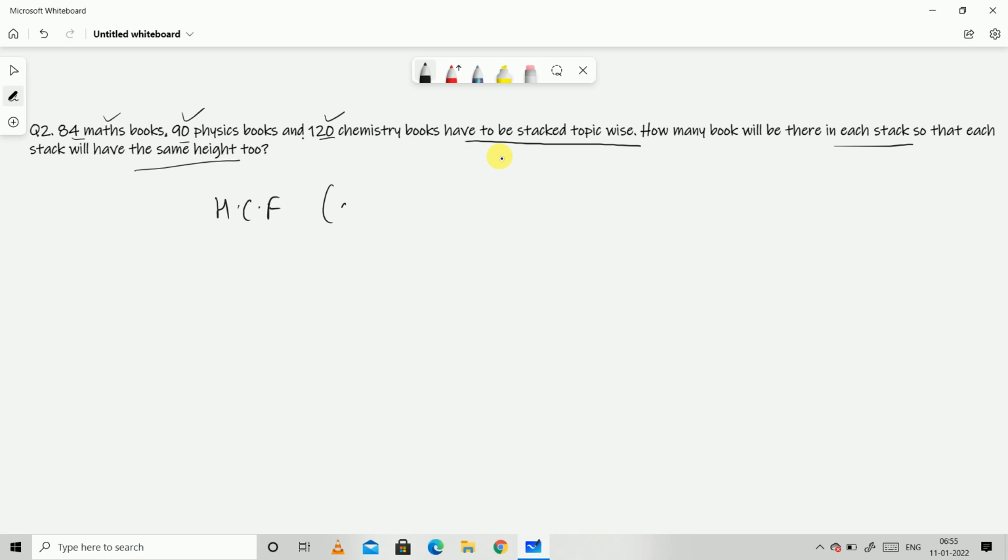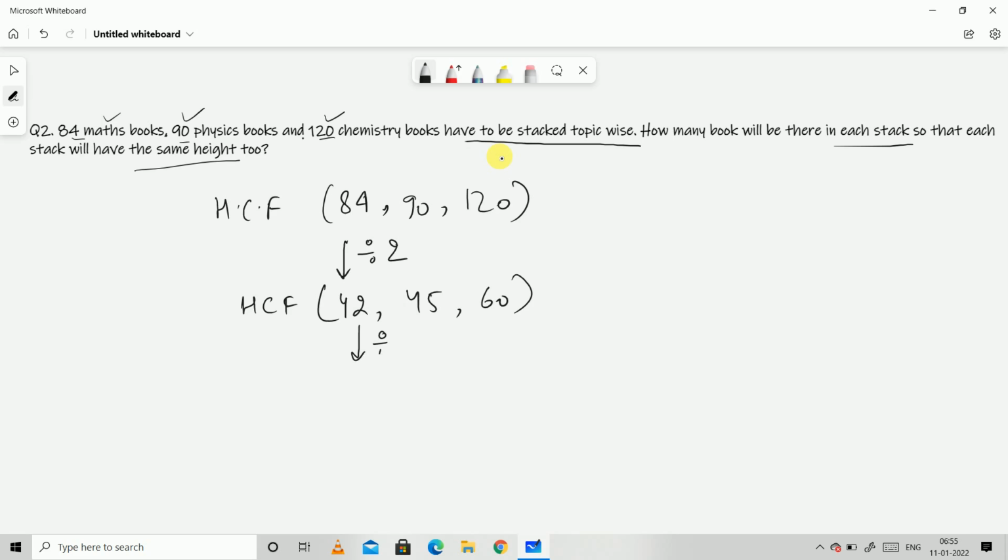So here I will be using the reduction method because I am finding that the reduction method will be the most relevant here. So these are all even numbers, so we can go for division by 2. If I divide by 2, then 2 4s are 8 and 2 2s are 4. Here I'll get 45 and here I'll get 60. Okay, again these can all be divided by 3. So it will be reduced to 3 1s are 3 and 3 4s are 12, 3 15s are 45 and 3 20s are 60.